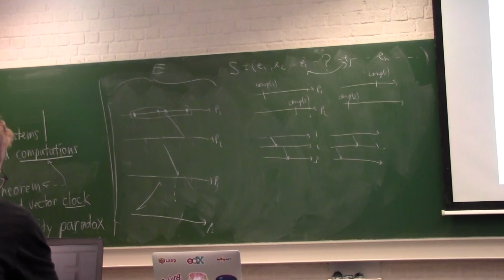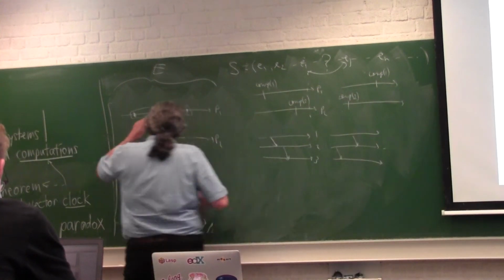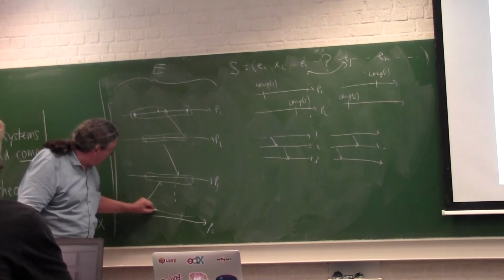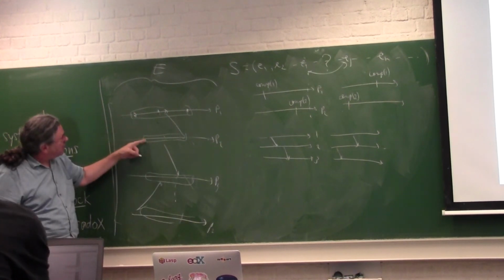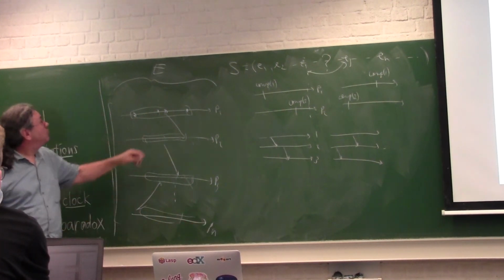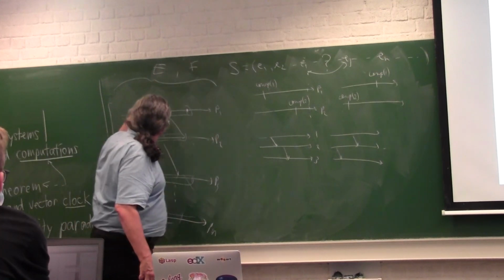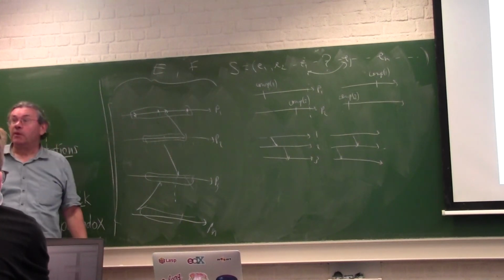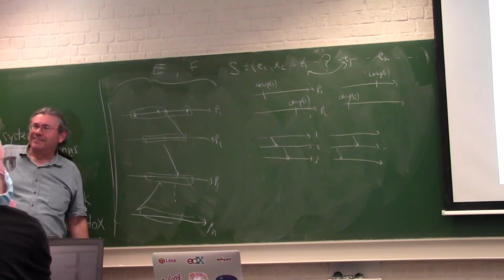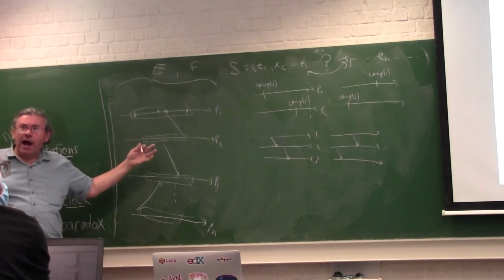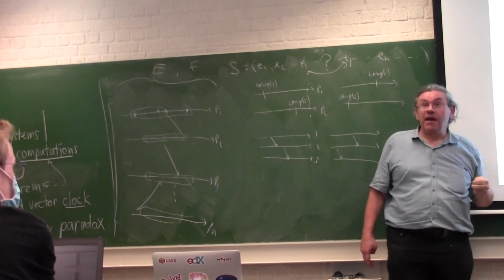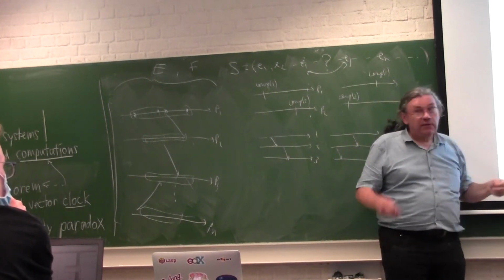Now we get to something very interesting. We have an execution which looks the same at every node. I'm sitting on P1, I'm sitting on P2, I'm sitting on all these nodes, and it looks exactly the same. I have two executions, and they both look exactly the same. Are they the same, or can they still be different? That's interesting, right? How are they connected? This E and F, they look the same with respect to every node.